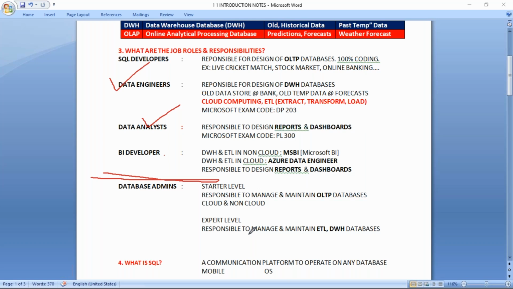We cannot see them individually. Sometimes our recruiter requires the actual blending of multiple items. They may say SQL developer job role, but they may include even administration activities as well. It depends.